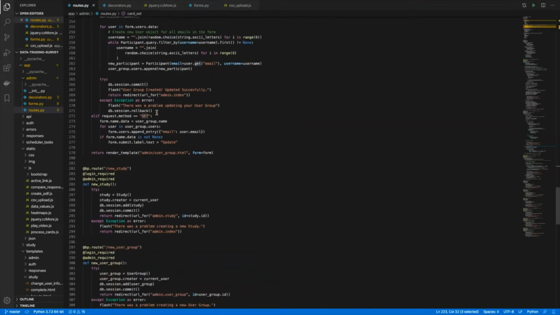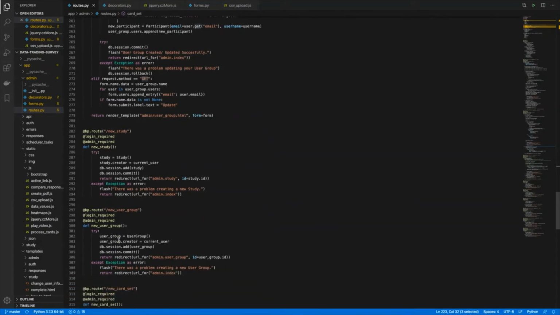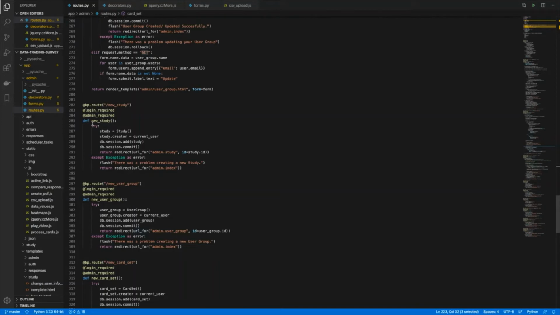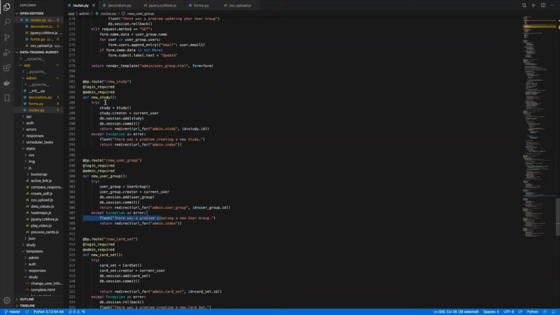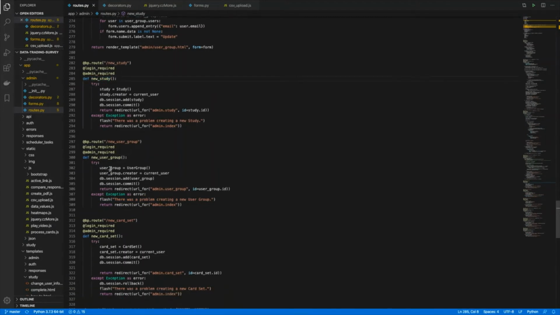Finally, within this administration module, to allow the administrator to create and delete studies, user groups, and card sets from within the interface, I also added all of these endpoints down here, which effectively, these ones with new prepended to the function name, all created their respective study, user groups, and card sets, and that will create the object in the database and then redirect them to the page where they could fill out the form to actually assign the attributes of the specific object that they wanted to create.